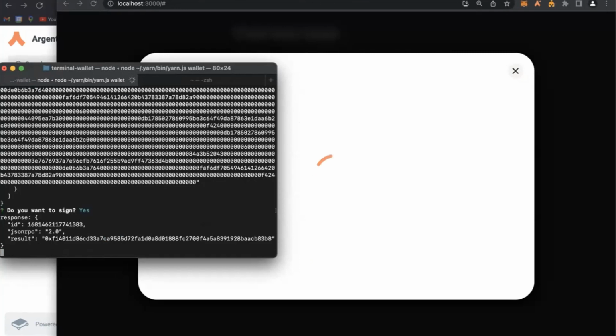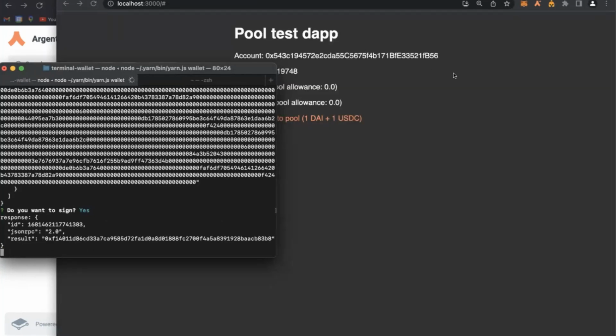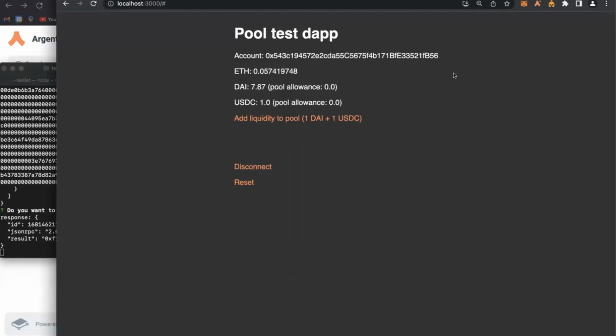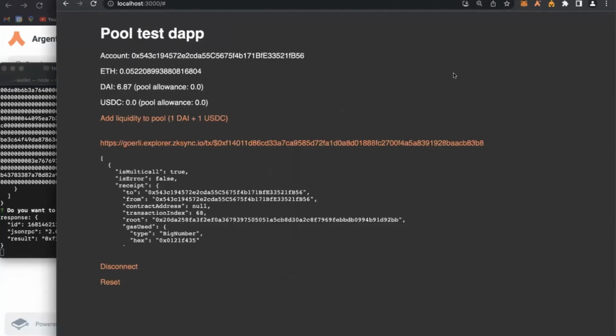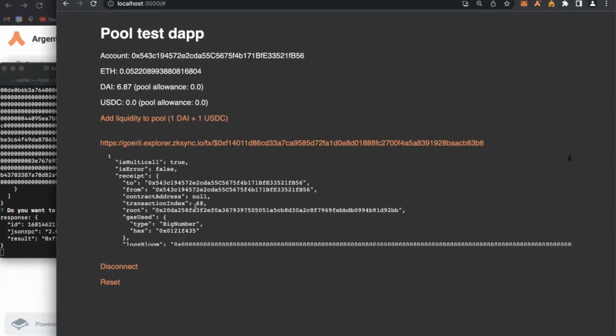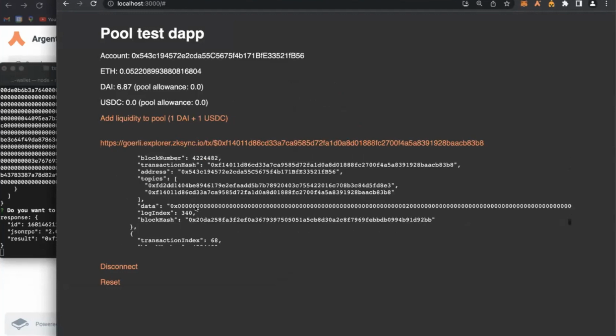Okay, I'm gonna click yes to approve this, and it's doing it remotely. There are some delays. And then, okay, all that is done. And now you can see here, there's only one link. So it was done using only one transaction. You can see I had one USDC, it was deducted here, and only one action in the wallet. That's a way better user experience.